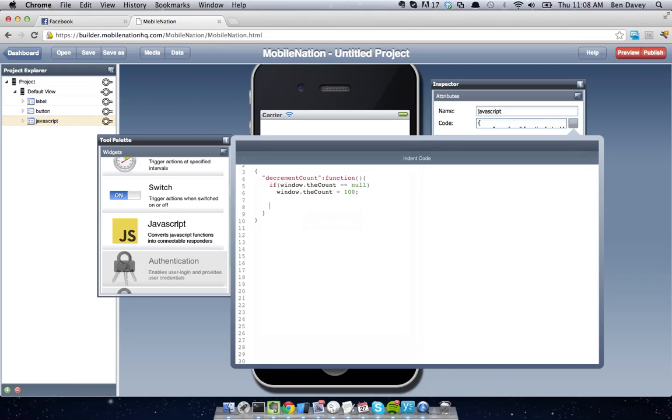And so what we're going to do now is, if we actually have a value, say if window.theCount is greater than or equal to 0, because we want to count down to 0, then we're going to update our label to reflect what this value is. So what I'll do is I'll use mn.find, and I'm looking for default view / label. So I'm going to say is view / label, and we want to set this text attribute